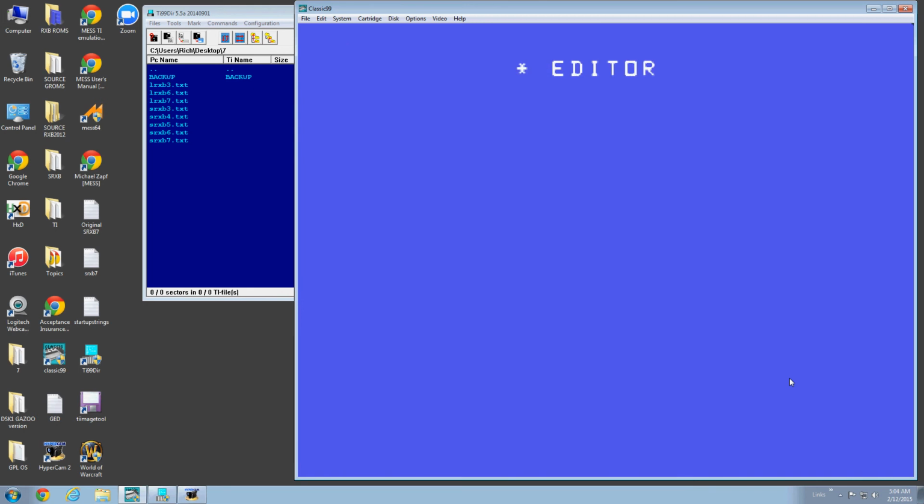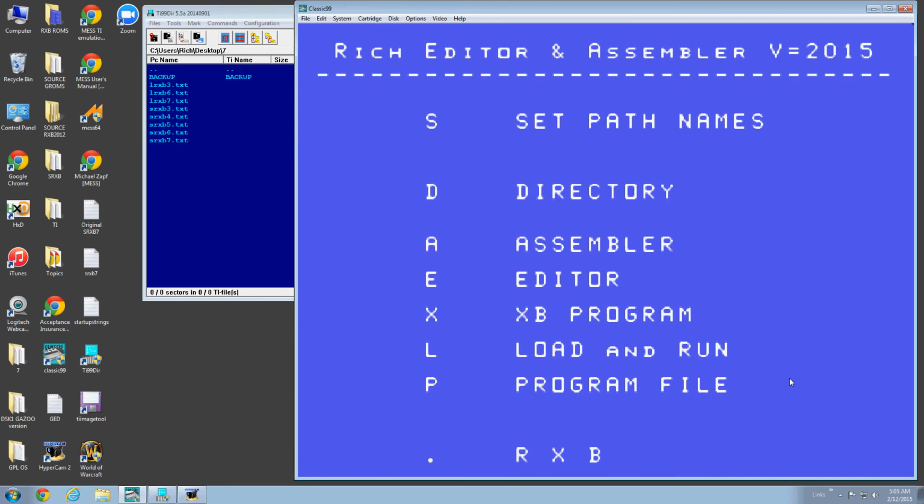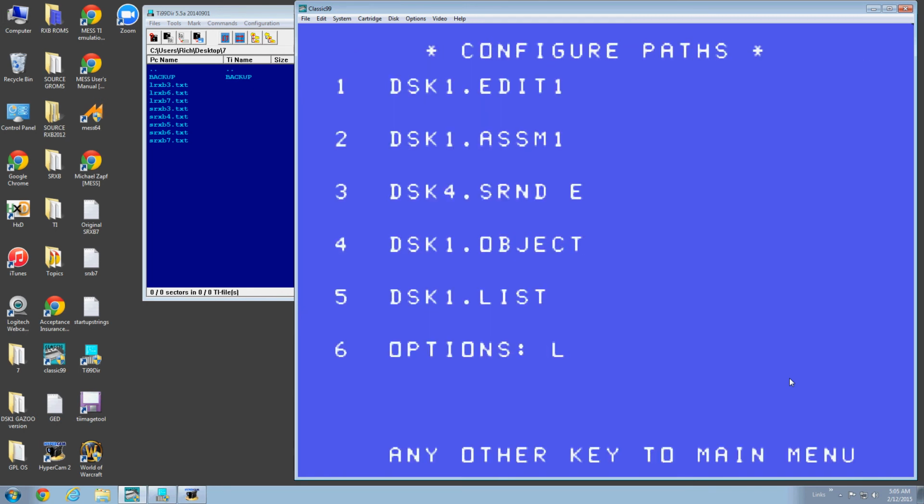So if I want to change that, I can go here and go to set. This will set the paths. Like disk 9, edit 1. 2 is disk 9, assemble 1. Instead of disk 1, I do disk 9. 3 is going to be disk